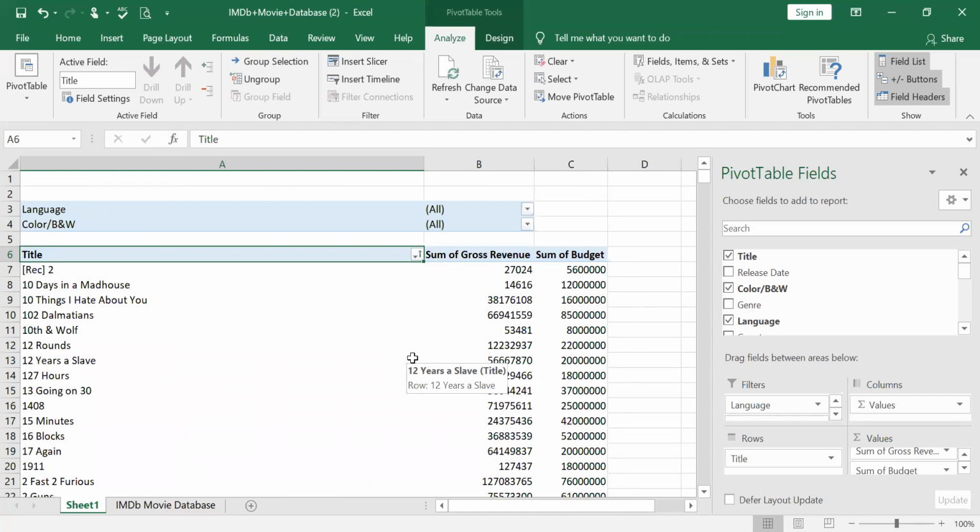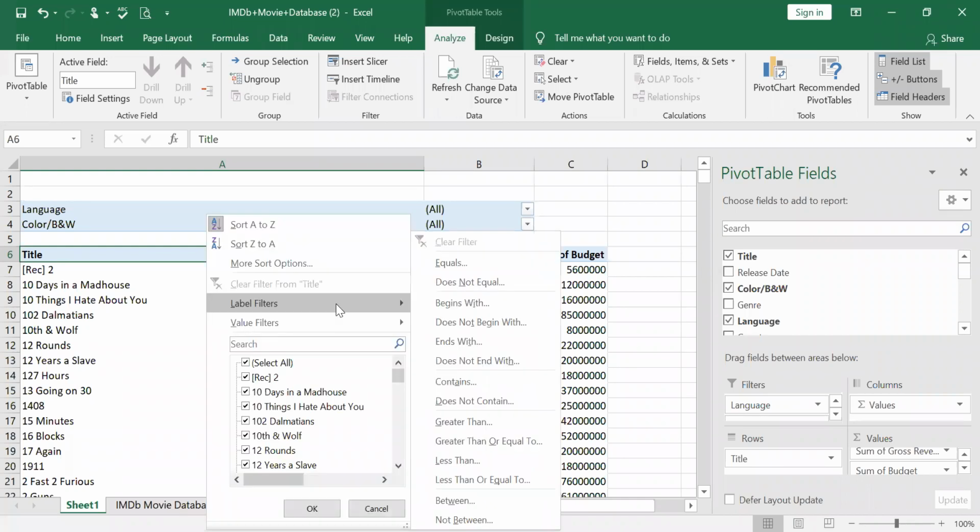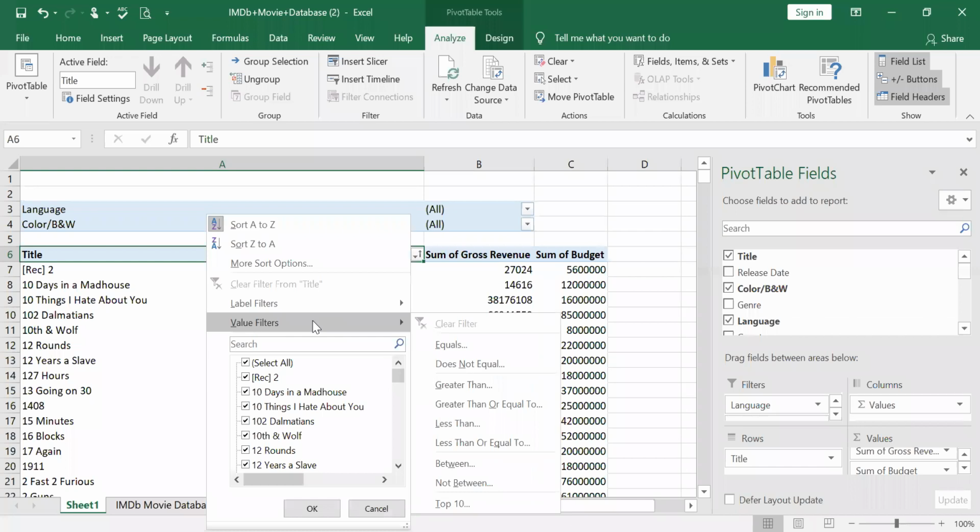Now let us go with label filters. I'll teach you how we go with label filters. See, label filters are very important. And one more thing I want to tell you, there's something called multiple filters. I need to teach you how you can have multiple filters, because in sorting options, if you're working on a label filter and suddenly you do a value filter, you cannot have multiple filters unless enabled. I'll tell you when we are working on it how you can enable multiple filter options.